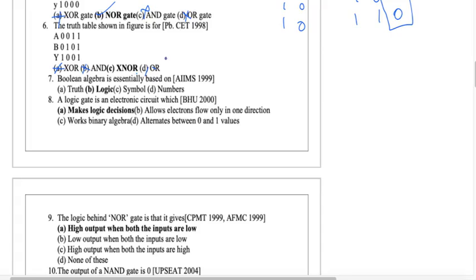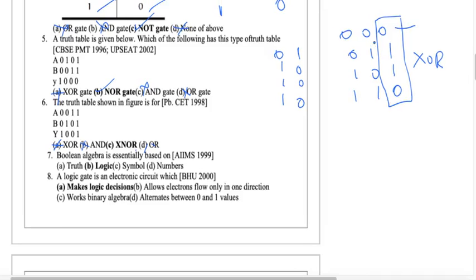Whatever the exclusive OR output is, we are adding an inverter to it. As we know the output of the exclusive OR gate, as you can see here, is 0 1 1 0. If you add an inverter to it, it will become what? 1 0 0 1. So you can compare and see that when both the inputs are 0, the output is 1. If any of the inputs is 1 and the other 0, the output is 0. Again, when both the inputs are 1, the output is 1. So the answer is exclusive NOR gate.